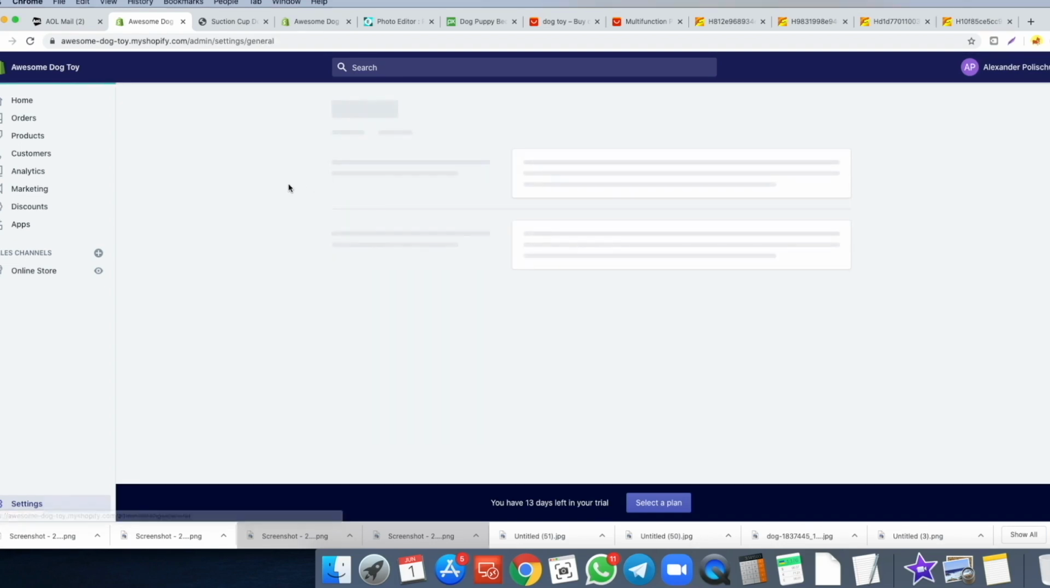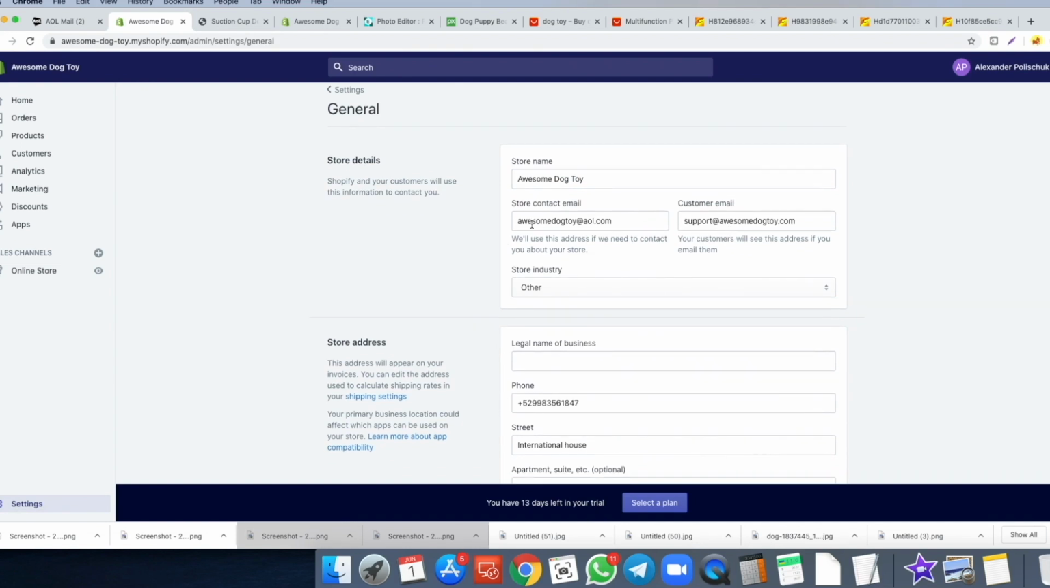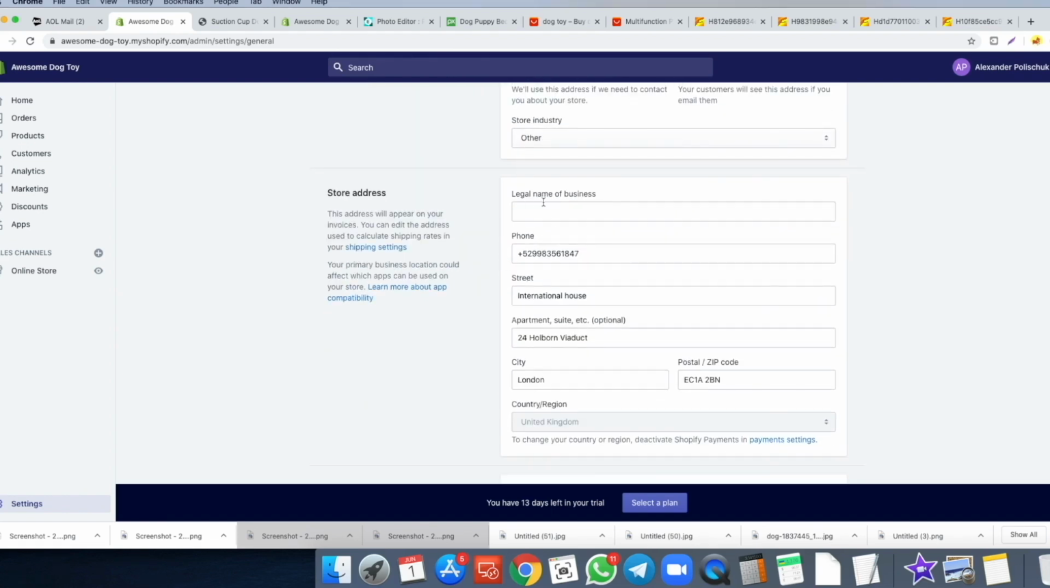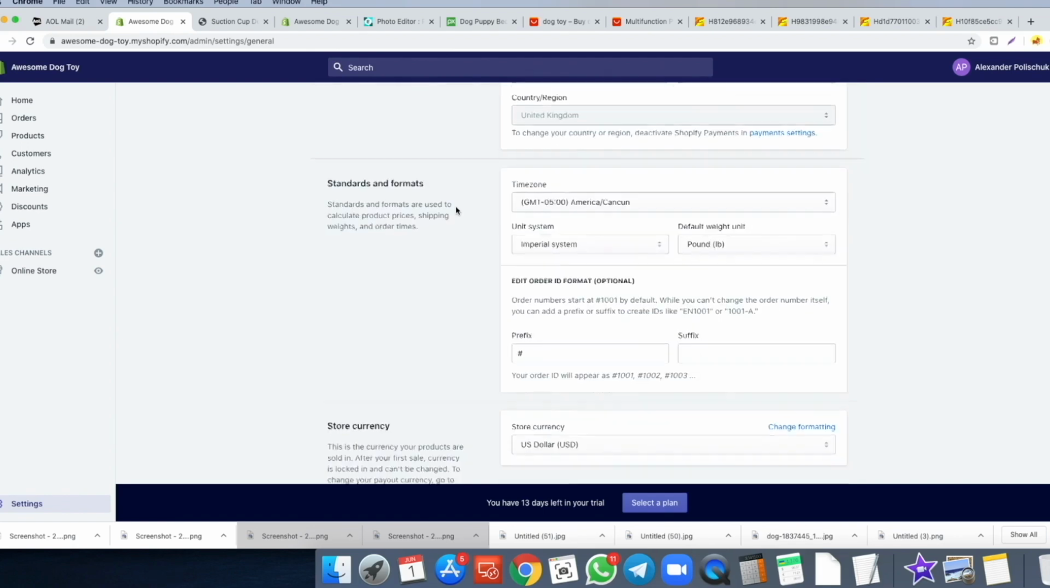Let's start with general. So over here you want to have your store name, the support email, and your actual email where Shopify is going to reach out to you. Over here is going to be your legal name and business address, business name, and scrolling down you will have